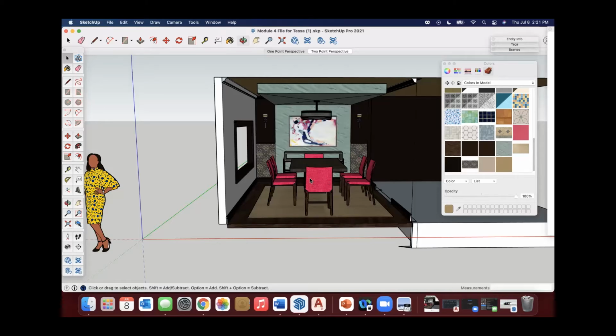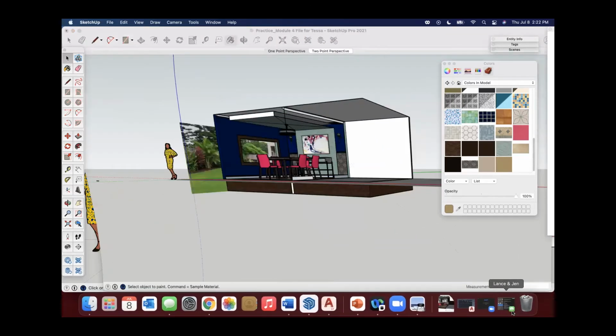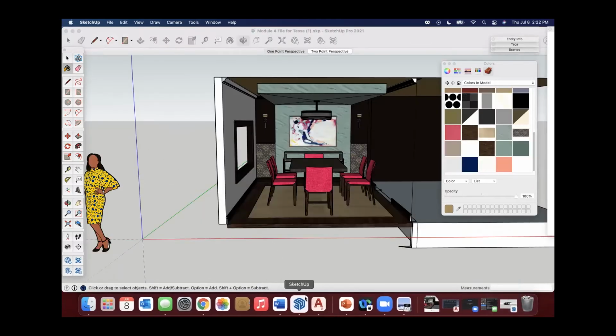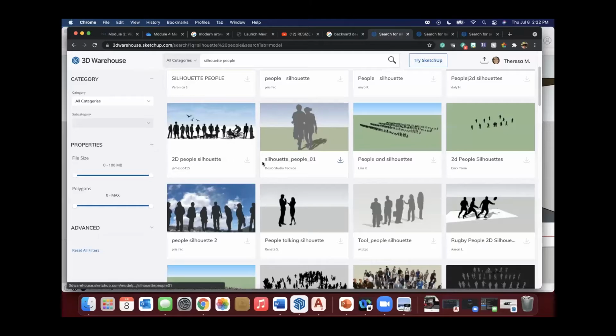I've had students do really fun things, like put picture frames with Bart Simpson or some random Easter egg in there, which is fun and makes me laugh. But you don't want to detract from your model. Sometimes the colors of the people, which you can modify by editing them just like anything else, can take away. So I often use grayscale silhouettes, and find that works well.